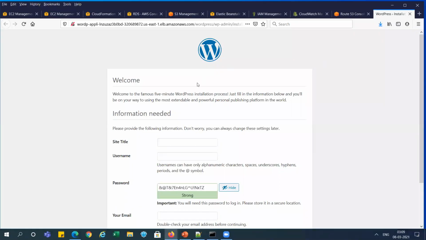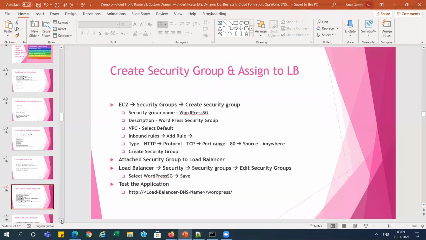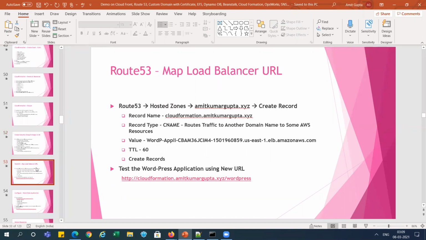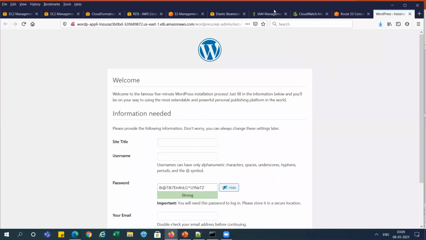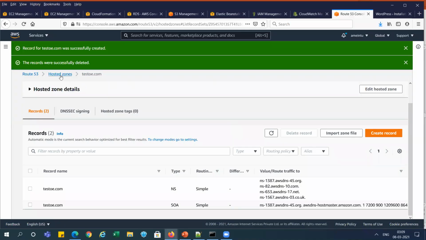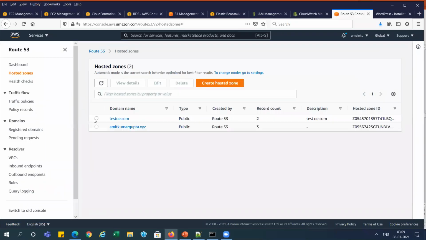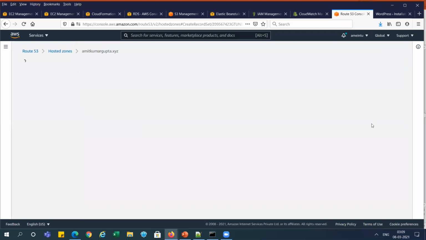We can see here we are getting the title page. Okay, but for this to work properly, we need to map it to Route 53 first. Now we need to map it. So I am going to Route 53, to the hosted zones. You can see we have two hosted zones. So I'm using this hosted zone and creating the record.